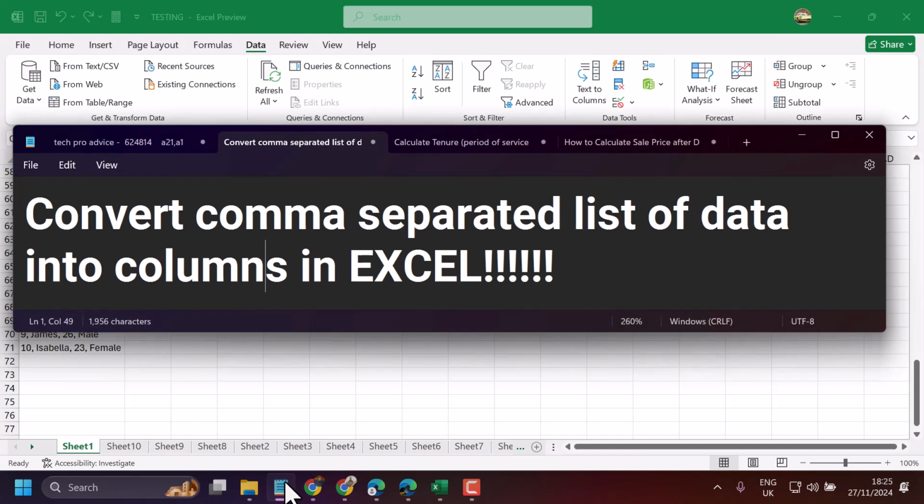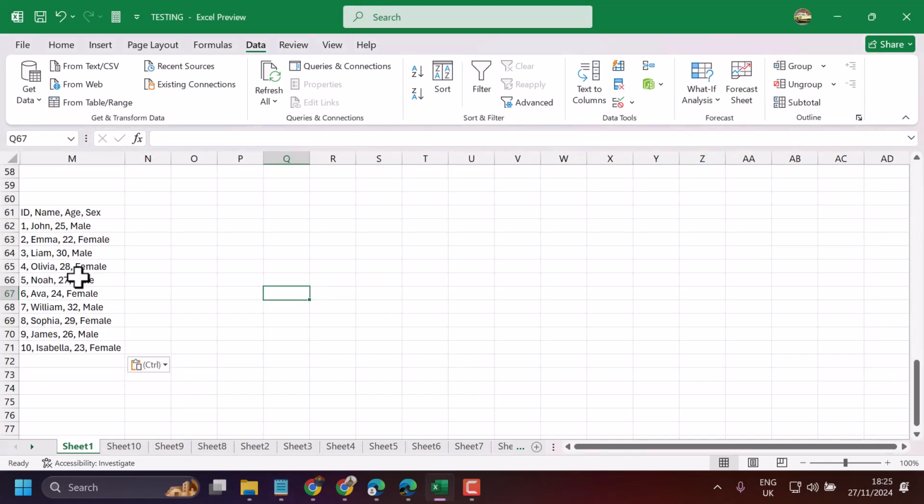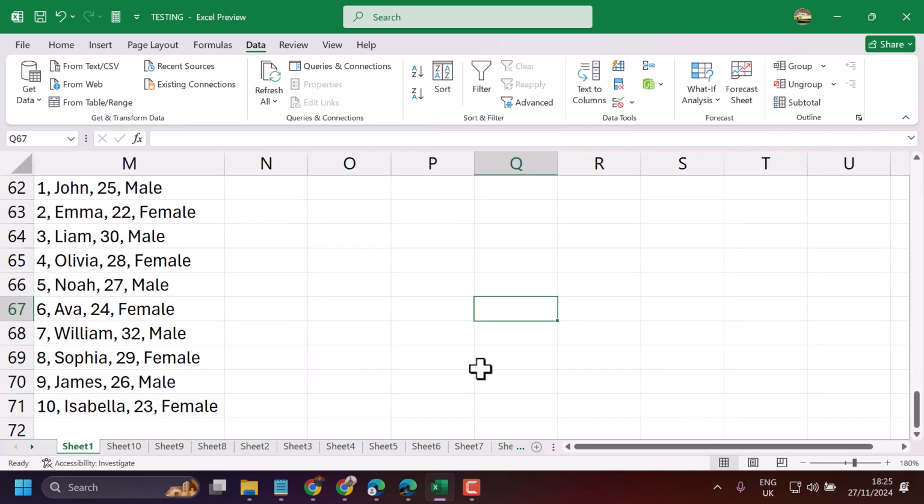In this video, I will show how to convert comma separated list of data into column. So we can see we have this example data. Now we will convert it into a list. So select it firstly,